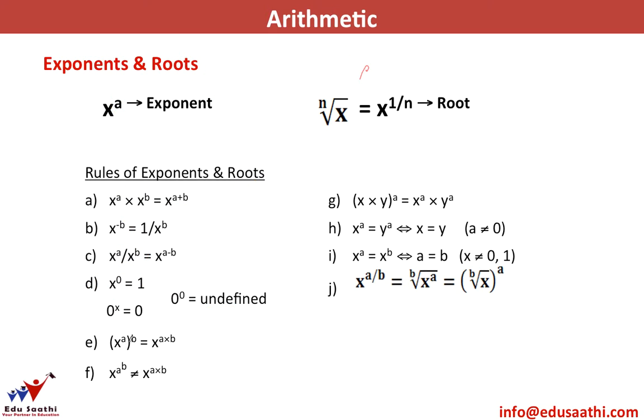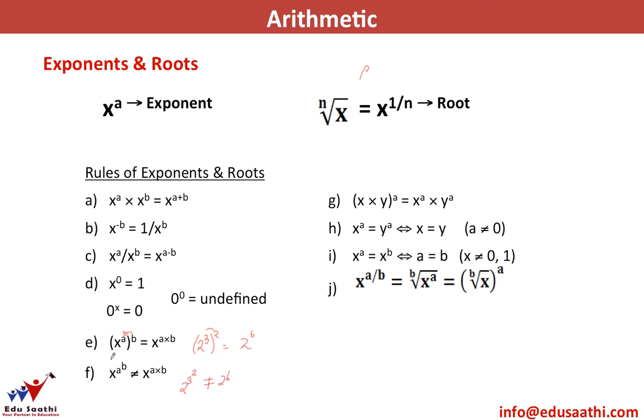The next we have is x raised to power a, raised to power b. Now here, this b will be multiplied with this a to give you the answer x raised to power a into b. So something like you have 2 cube raised to power 2. It will be 2 raised to power 3 into 2, which is 6. Now, an important thing to notice, 2 raised to power 3 raised to power 2 is not equal to 2 raised to